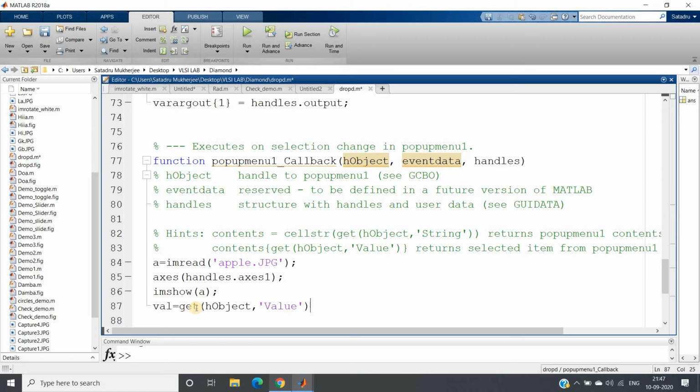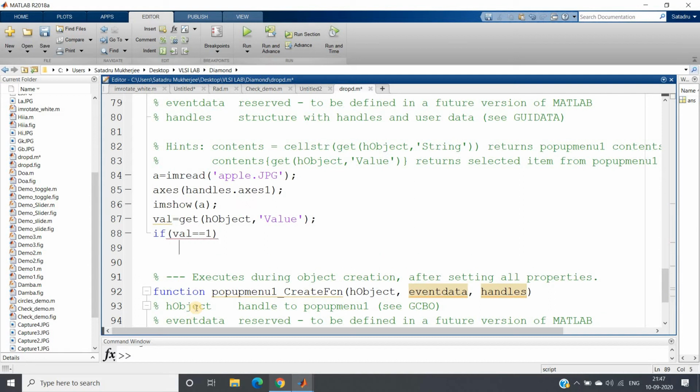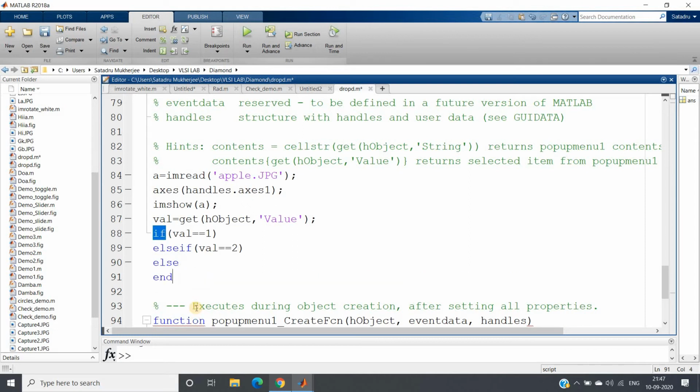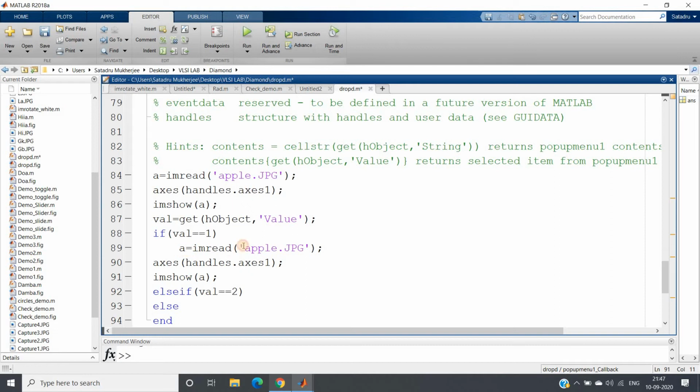val equal to, control V, right? Then you can apply switch case, you can apply if else. I am using if else. If val equal to 1, then what we will be doing? Else if val equal to 2, right? Else we have to do something, okay? So what I will be doing, I will be simply copying this particular part of the code. If val equal to 1, I am going to convert this image, okay? No need to read two times. I am going to show RGB to gray, right? And if val equal to 2, what I will do, I have to show binary.